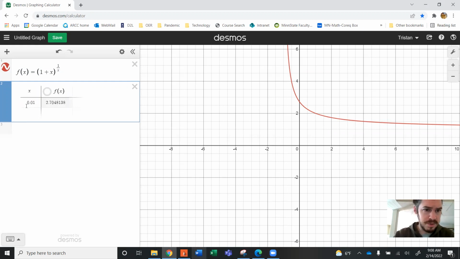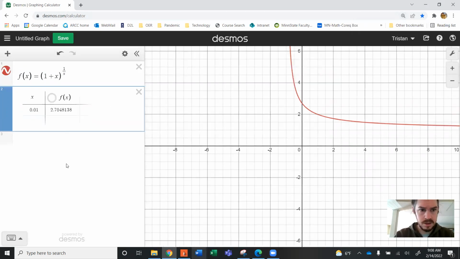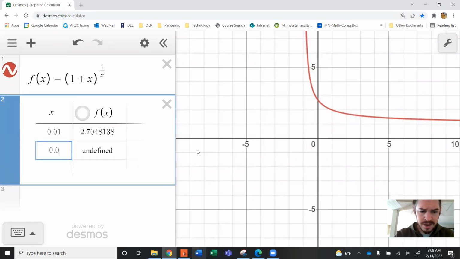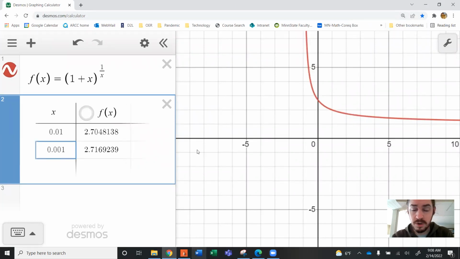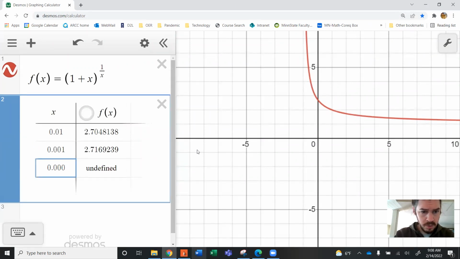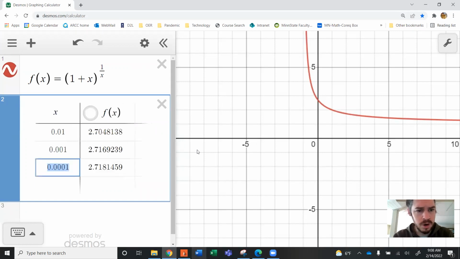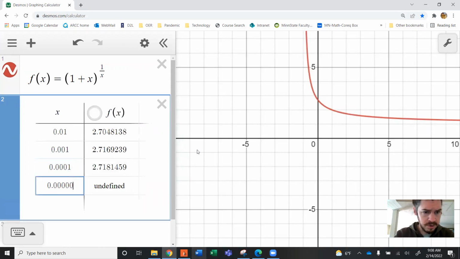Let's make this whole page a bit bigger. There we go. If I get a little bit closer, 0.001, 0.0001, you can see I'm getting 2.7181, okay, so I'm getting closer,